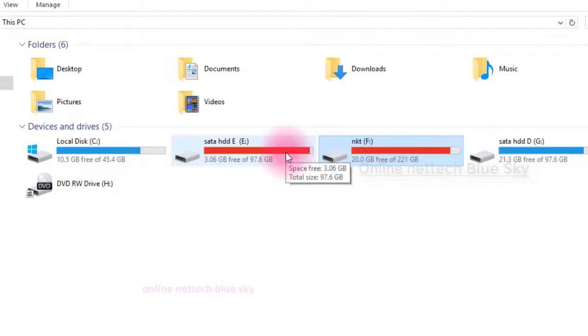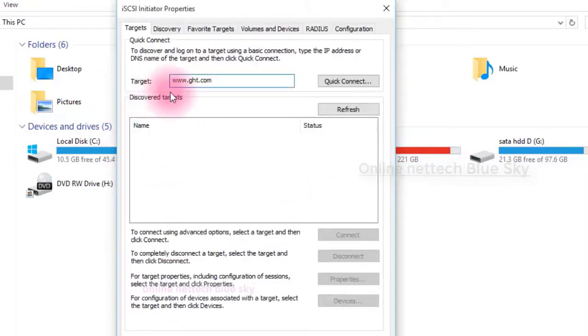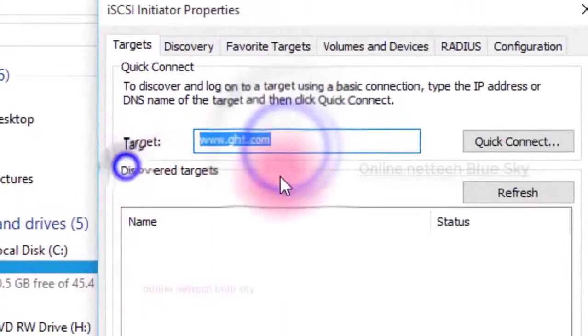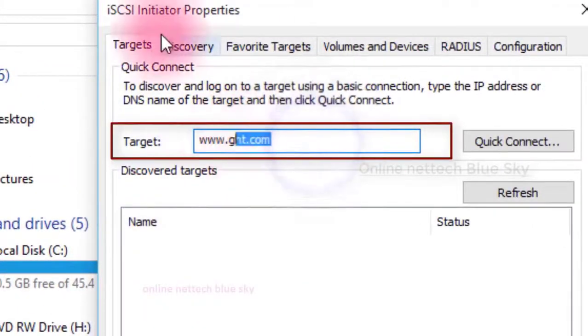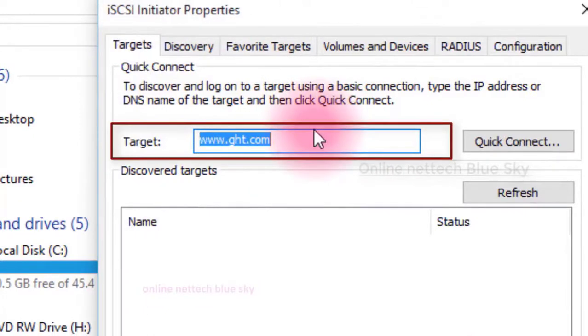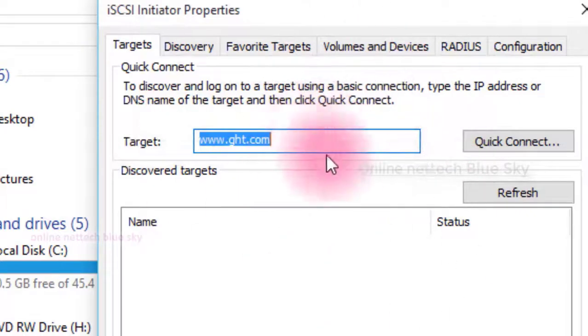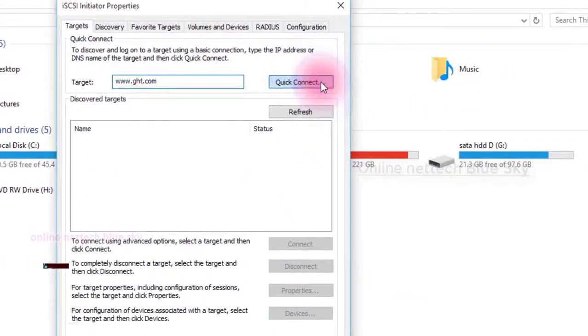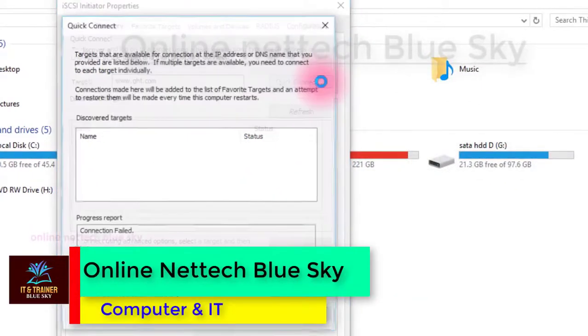But I'm just showing a demo here, and I have a server I am using at this time. So how can the client connect to the server? I will discuss that completely in the server series, but I'm just showing a demo here. First you can see the target, which means the target of my server, and the DNS name. You can use Quick Connect, which means you try to connect by starting here.